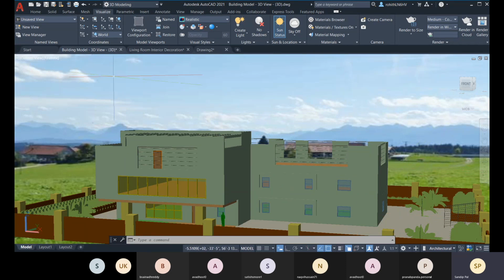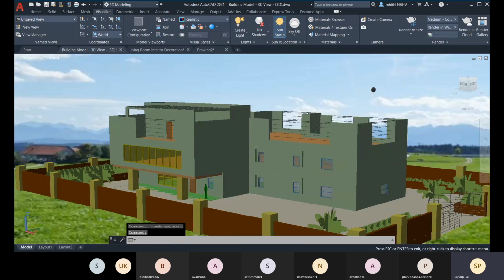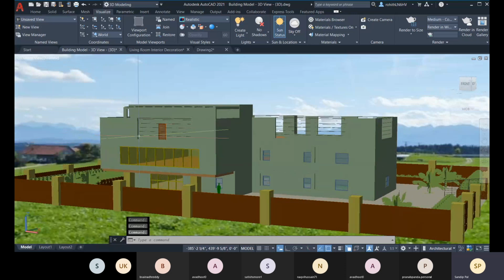But here you will be working again for some updates, for some changes. If you change it, you need to change the view, and you will not get back the exact view again. It will be very difficult to set the exact view all the time.